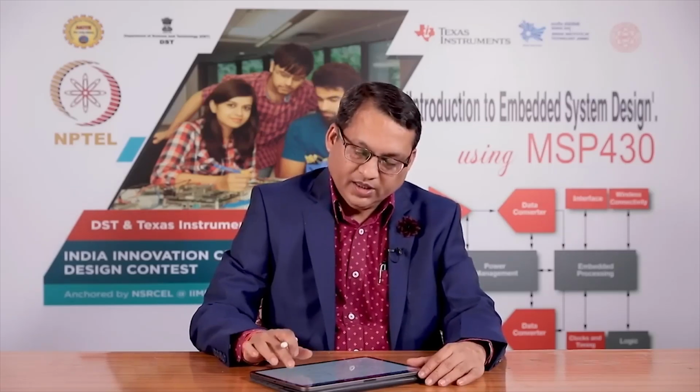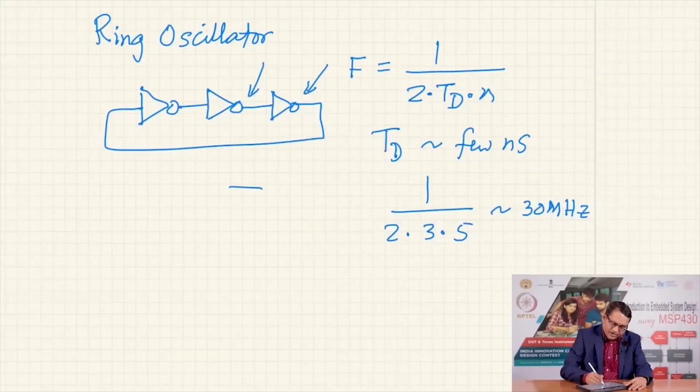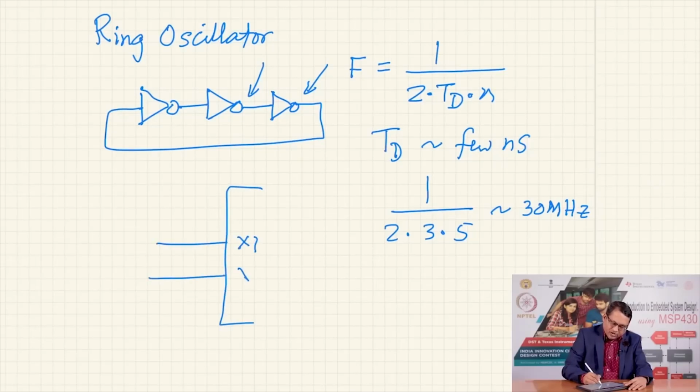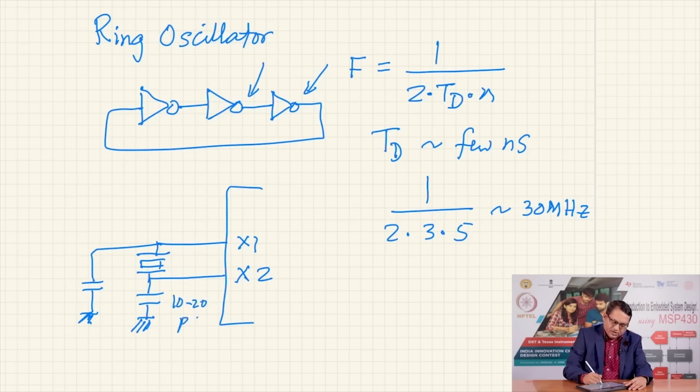In case you want higher precision in time measurement, then you would use this option, where on the designated pins of the microcontroller, X1 and X2, you would connect a crystal of appropriate frequency together with some capacitors if the data sheet says so. And typically the values of these are of the order of 10 to 20 picofarads here as well as here,